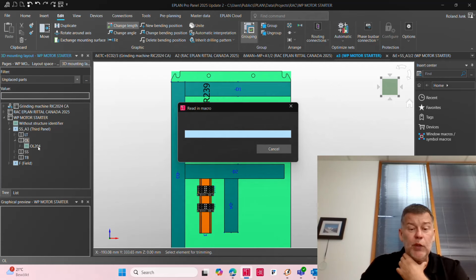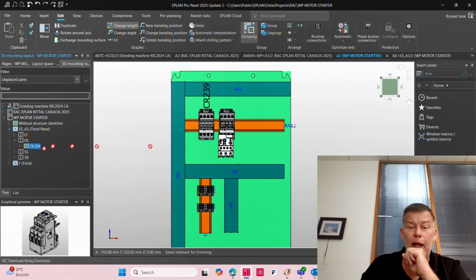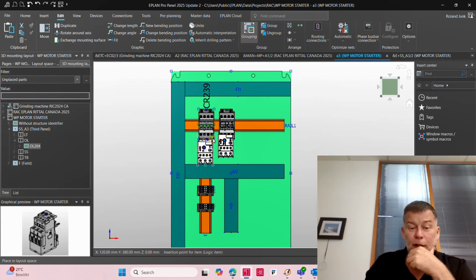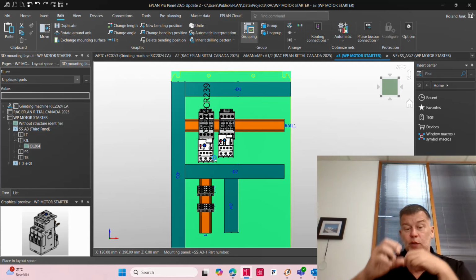The second thing I'm going to place, and you may know that some of these components have to be placed and hooked up to the component here. Inside EPLAN, we have these special placements where it just, boom, hooks up to the component and it works perfectly fine. So it's attached